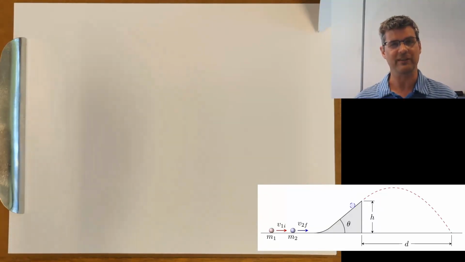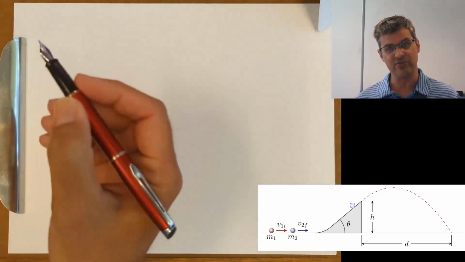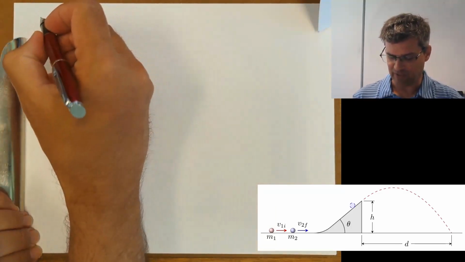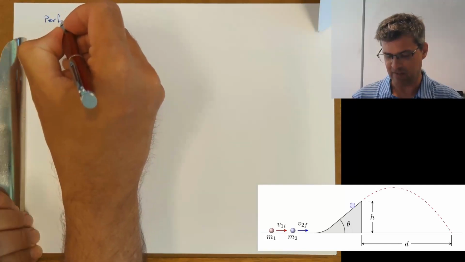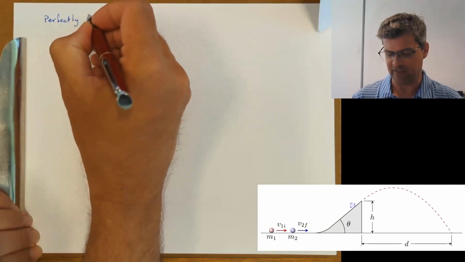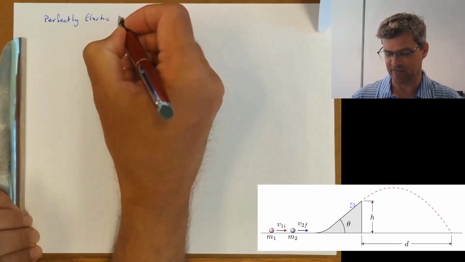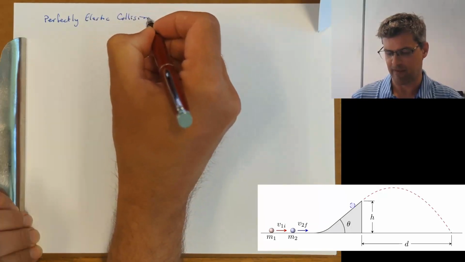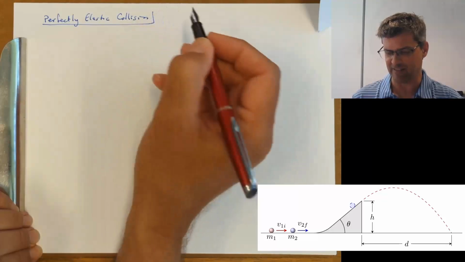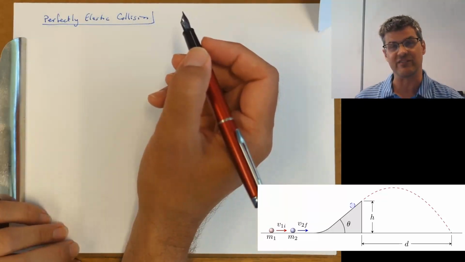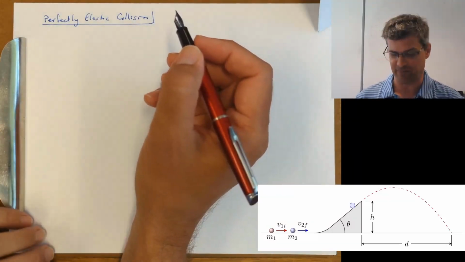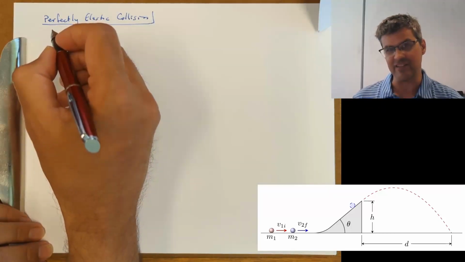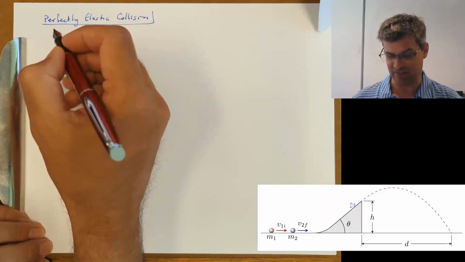And before we really get into it, I wanted to highlight something about these collisions. So let's say we had the collision as it is shown here. There's really two scenarios that we could look at. We could look at the case of a perfectly elastic collision. And in a perfectly elastic collision, we know that the total energy of the system is conserved as well as the momentum. What you should have is these equations written down on your sheet as you're getting ready for the exam,